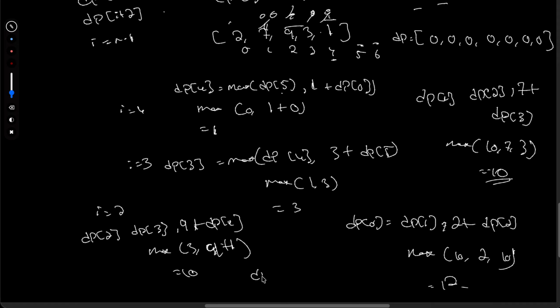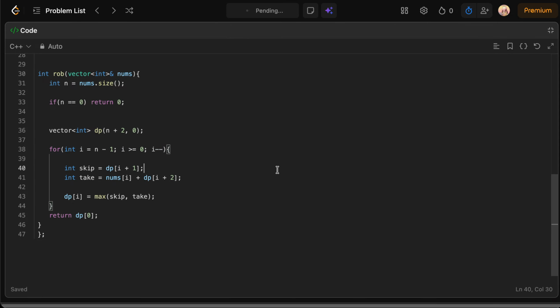We return dp of 0, so the answer is 12. So we rob houses 2 plus 9 plus 1. At every house I decide: should I rob this house and jump 2 steps, or skip this house and move 1 step, and we store the best answer in dp. So see, no recursion. Why is this better than memo? Because there is no recursion stack and no repeated cost, simply a row, very clean. That's it. Let me submit this. It will be submitted, but